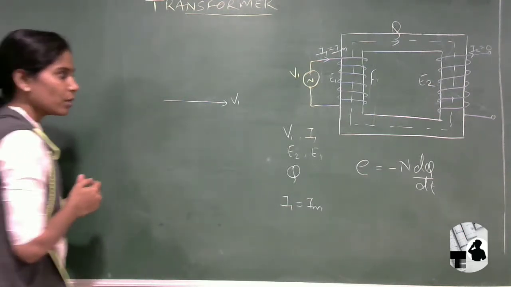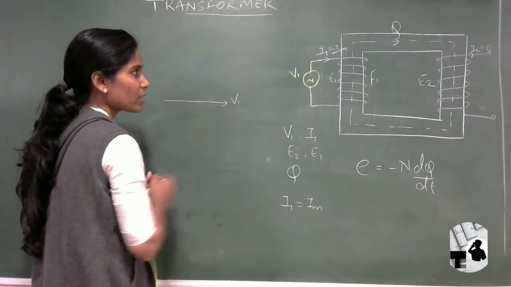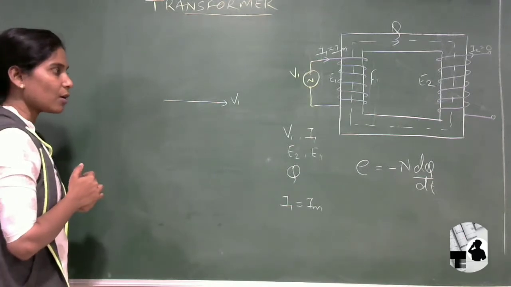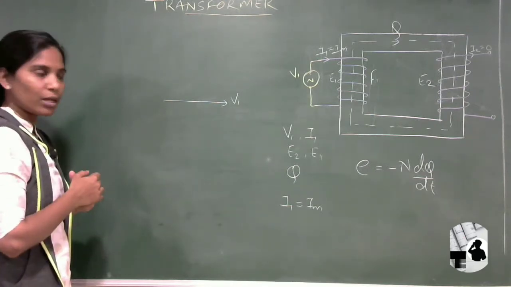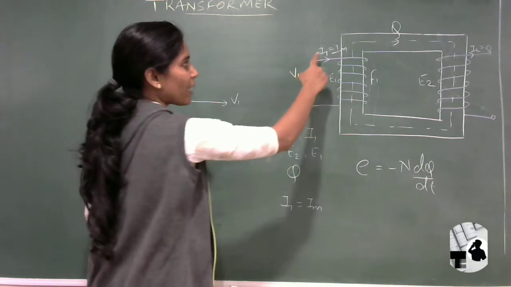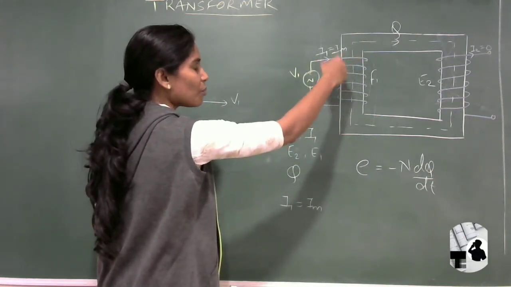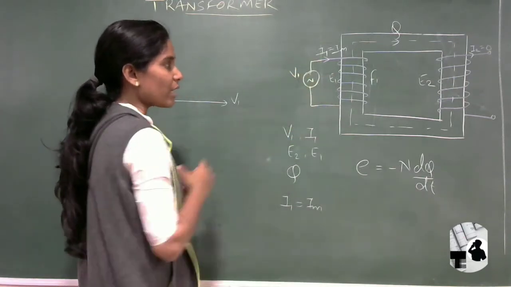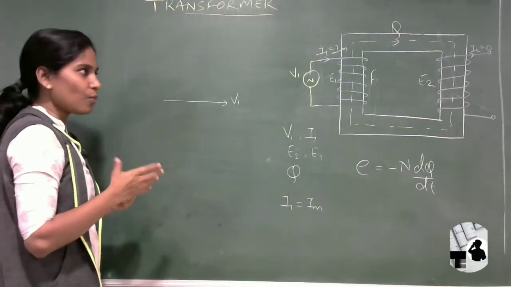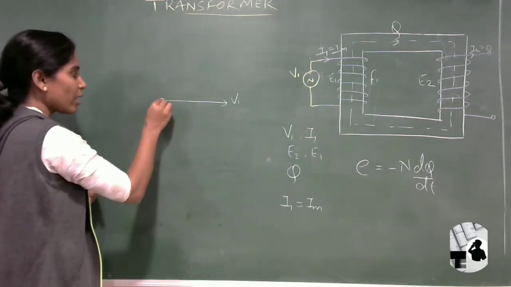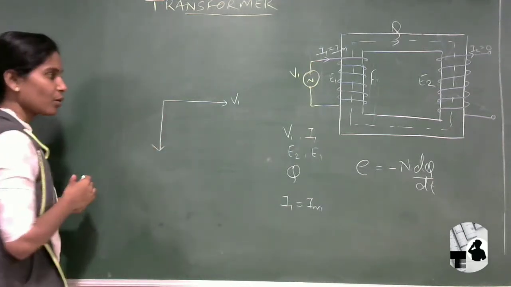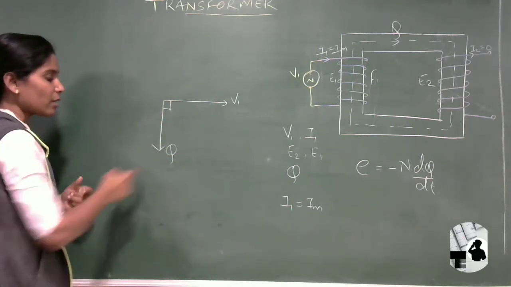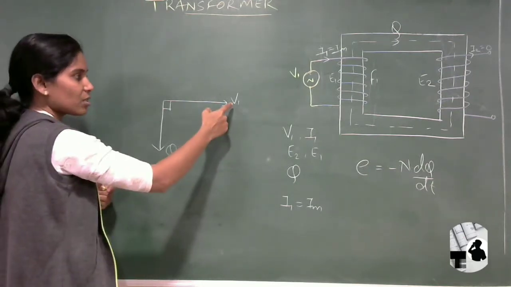So now what do we have to draw next? That is I1. So for that, I would like to first draw the phasor line of the flux. Because due to the complete magnetizing current I am utilizing, I am getting the flux phi value. And magnetizing flux phi is the magnetic effect. So always we know that the magnetic effect lags the supply voltage by 90 degree. So this line will always be common, that the magnetic flux will lag the supply voltage, that is V1, by 90 degree.